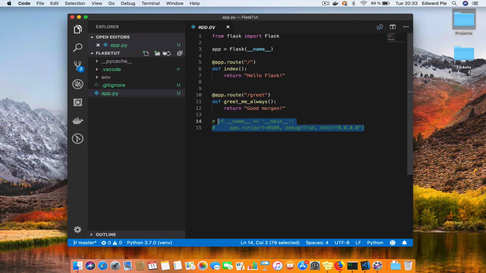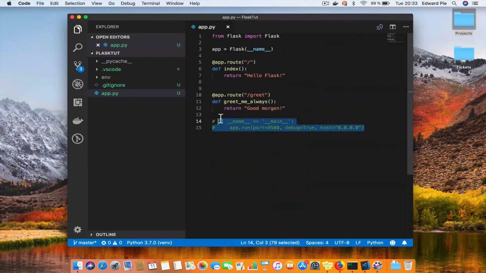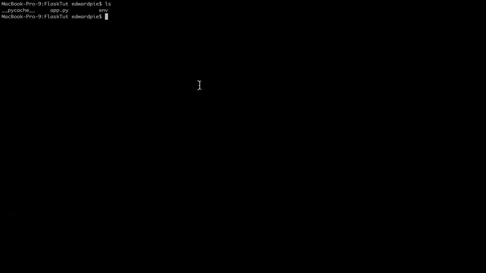So this is the content. All I did was to comment out line 14 and 15, where I was checking if the file is being invoked as a main program that you want the interpreter to interpret, or it is being used in another module. If you want to go with this approach I'm going to show you, then you don't need to do this check, okay? And how you can run without doing the main check is, in your terminal you have